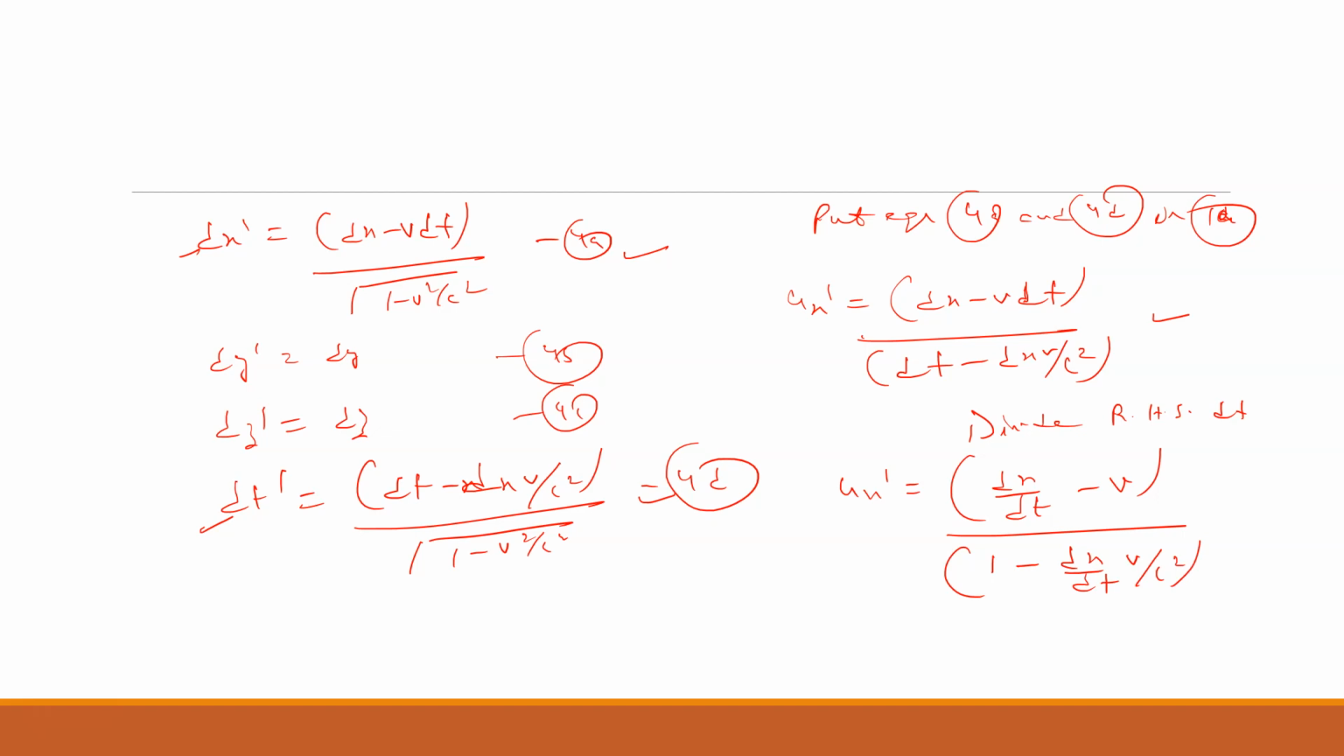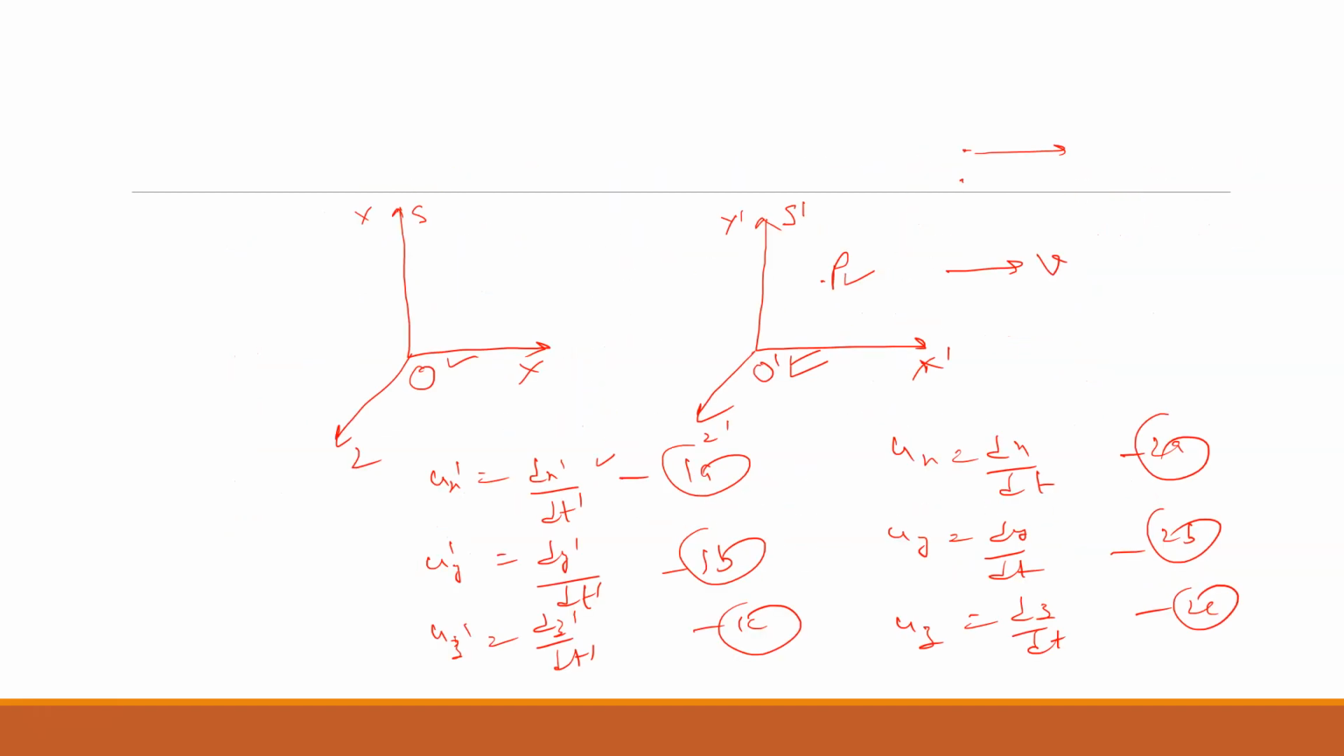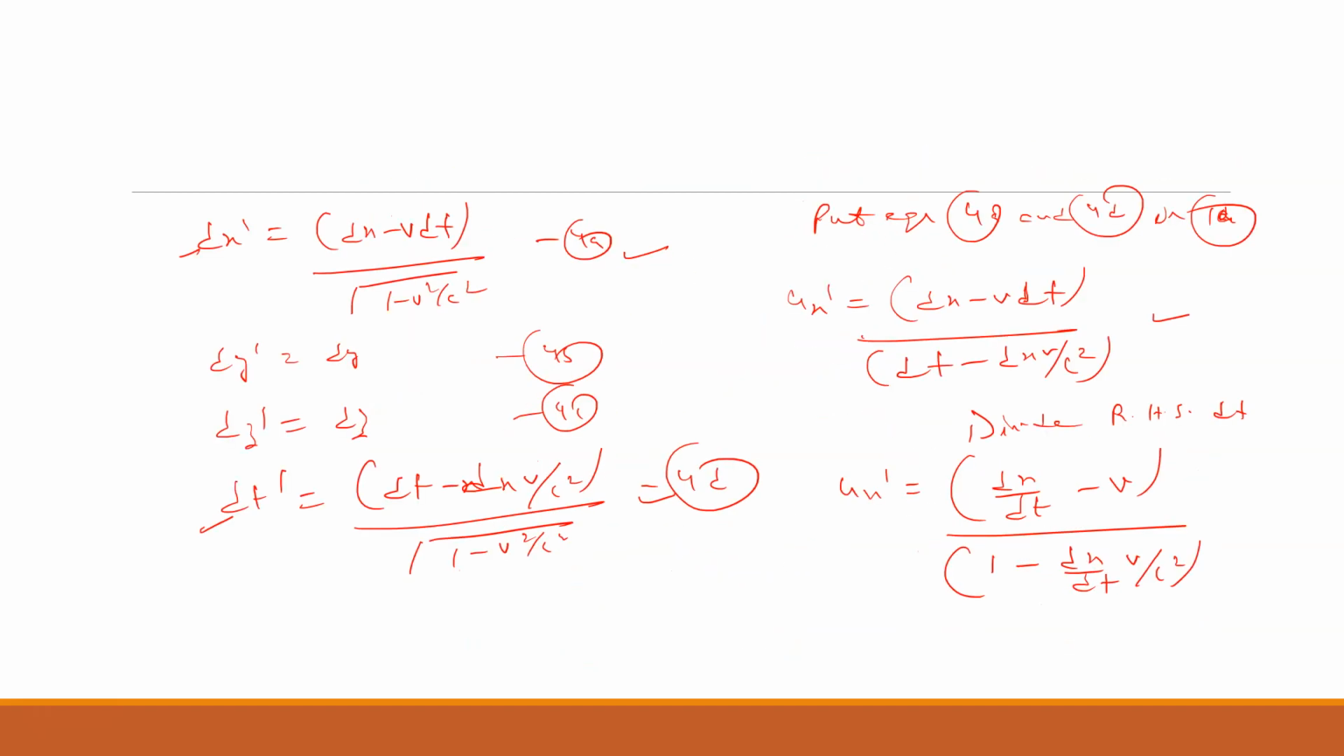Now what is dx by dt? ux equals dx by dt. This is equation number 2a. Now put equation 2a in the above equation. In the above equation, you will get ux dash equals ux minus v divided by 1 minus ux v by c